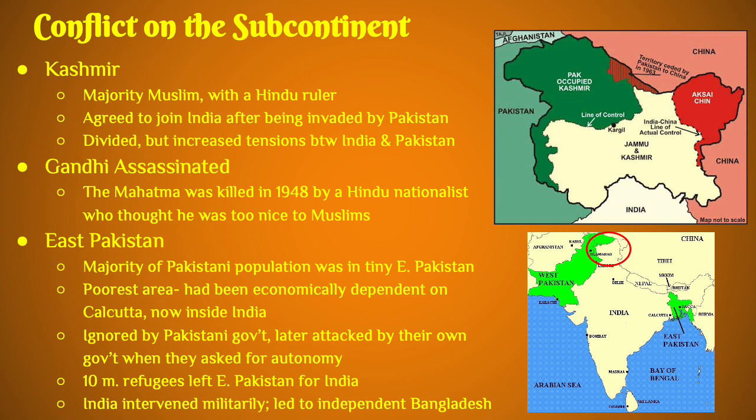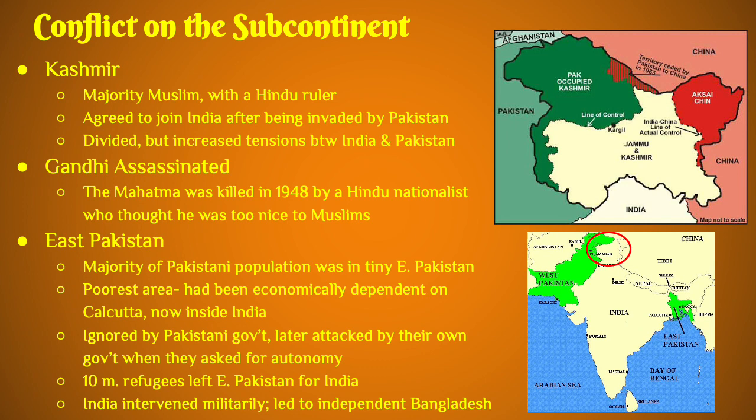I mentioned in a previous slide that we have this weird situation where we've got two Pakistans that are hundreds and hundreds of miles apart. And the idea there was that Pakistan was going to be the regions of India with a majority Muslim population, and that just happened to be two separate geographic areas. The majority of the population was actually in East Pakistan. Even though West Pakistan is a much, much larger geographic area, the population isn't very concentrated in the western part of Pakistan. The people were there, but they were ignored by the Pakistani government.